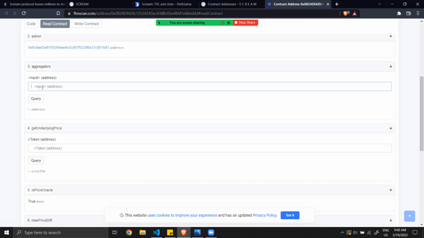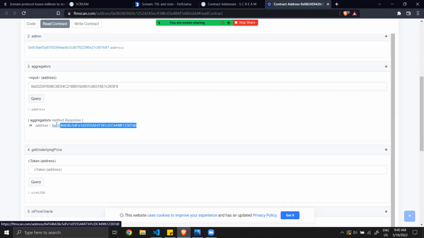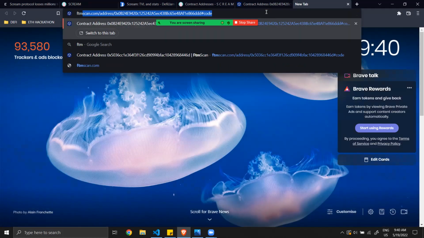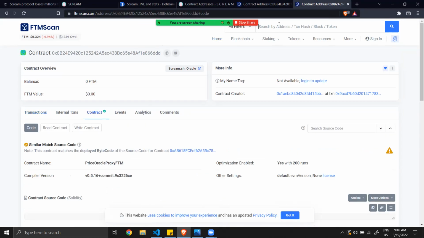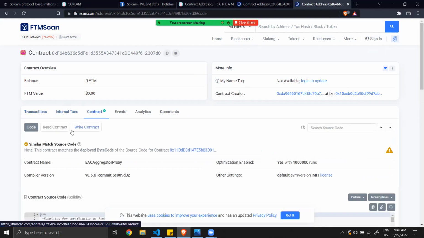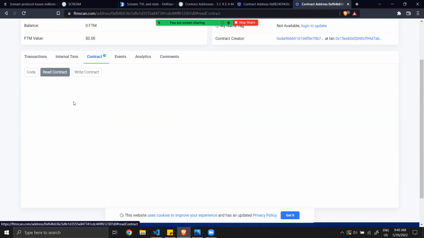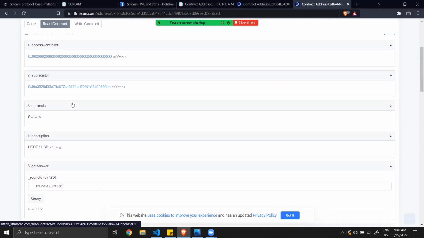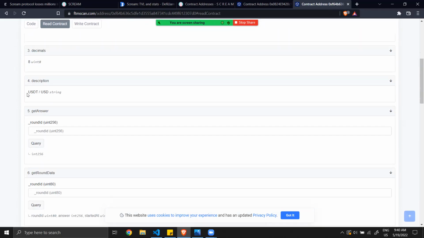We will get the aggregator associated to fUSDT and open it on Phantom Scan. Just for you to see, you see a number of decimals and what is the token and the pair that is returned by that aggregator.